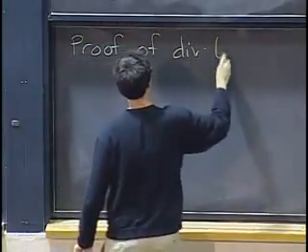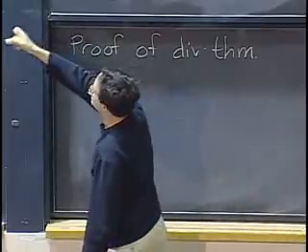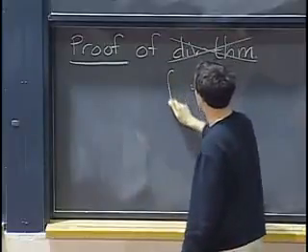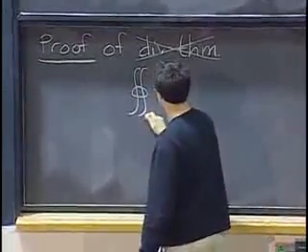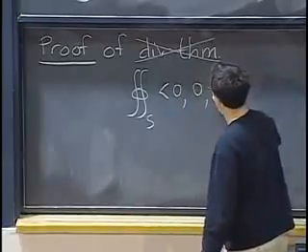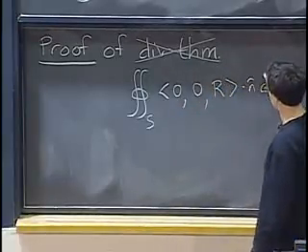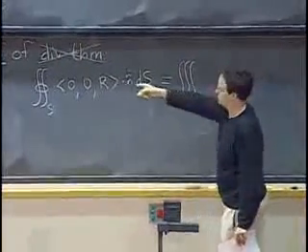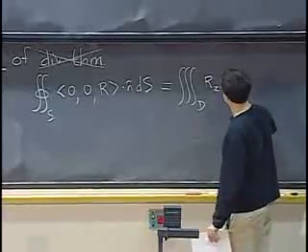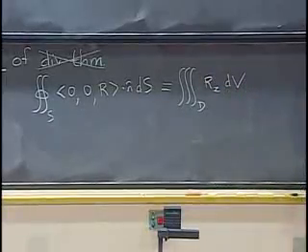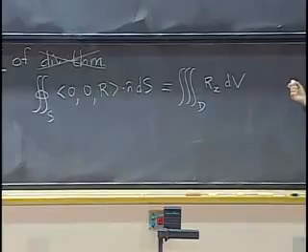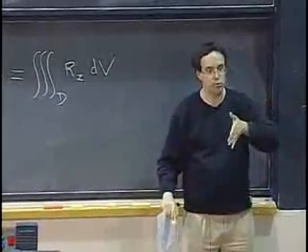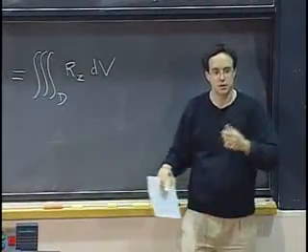Instead of proving the divergence theorem, namely this equality up there, I'm going to actually prove something easier. I'm going to prove that the flux of a vector field that has only a z component is equal to the triple integral of the divergence, which is just R sub z, dV. Now, how do I go back to the general case? Well, I will just prove the same thing for a vector field that has only an x component or only a y component, and then I will add these things together.